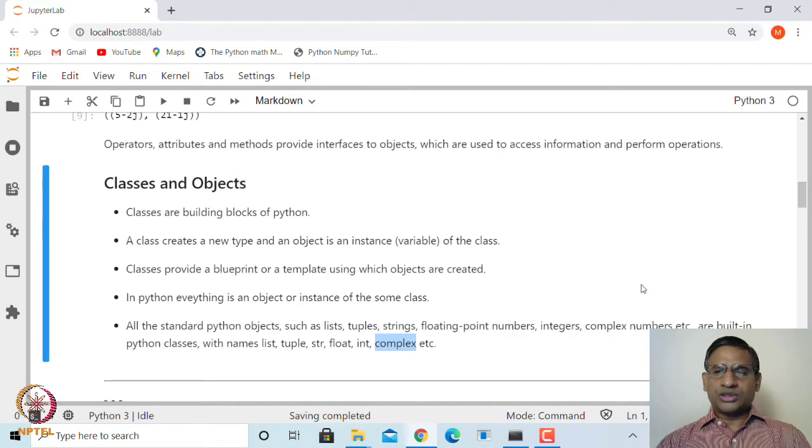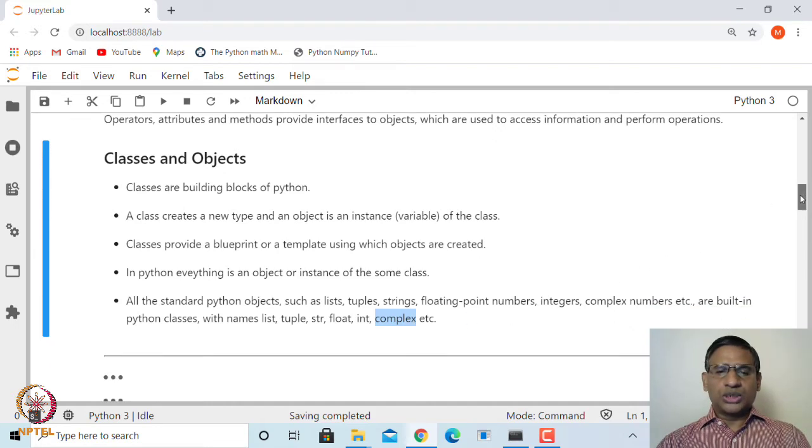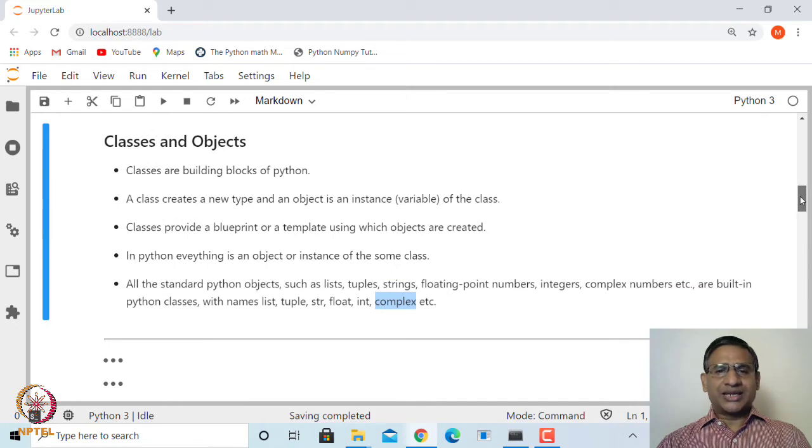It is good to know how to create classes, and when you have methods inside these classes, what it looks like.